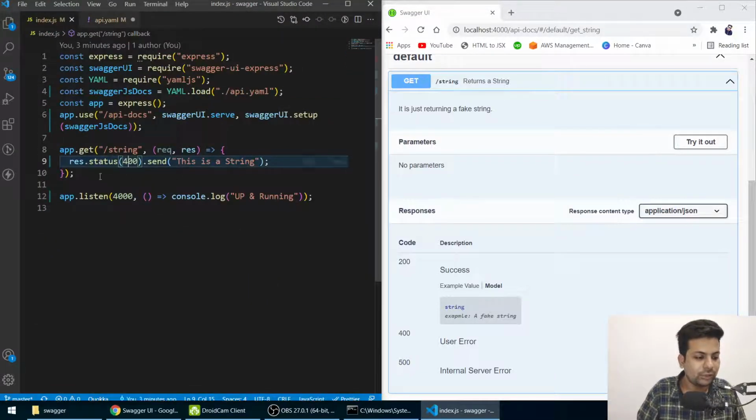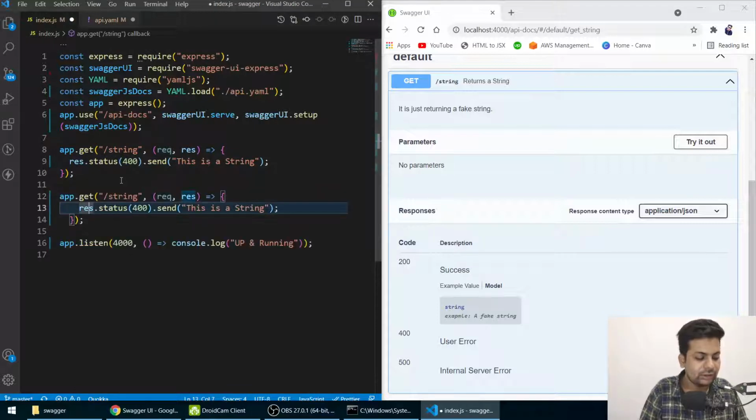Okay, so now suppose I'm sending back an object. So for an object you have to make a URL. Let me make a URL, and we'll say slash user, and status like 200, and let me send an object. So object will be like this, and here will be an ID, an ID 1, and there will be a name. We'll say Tom Cruise.